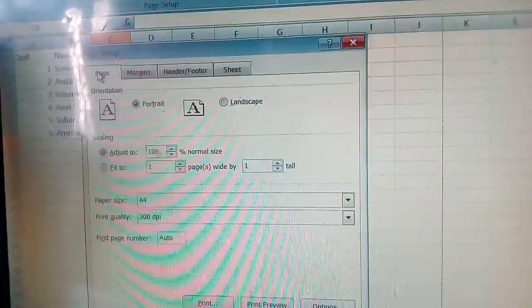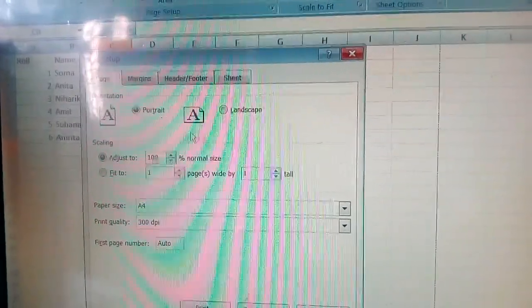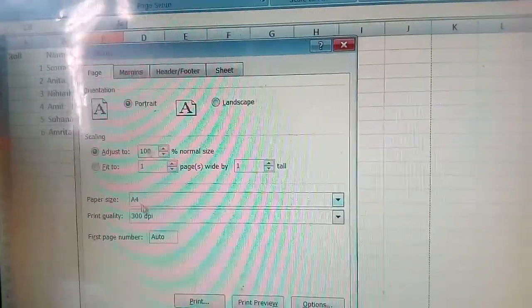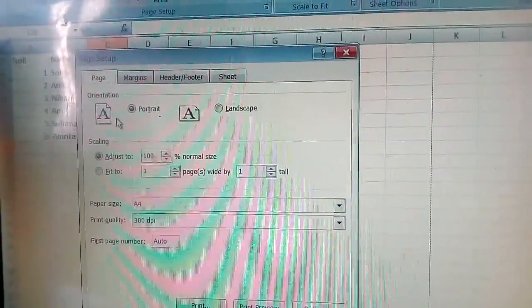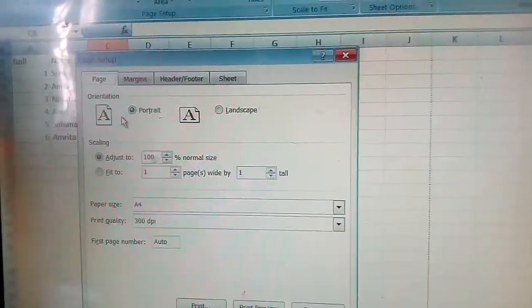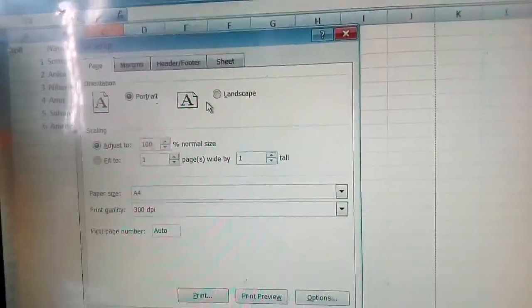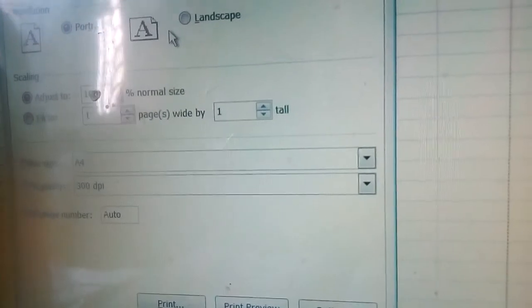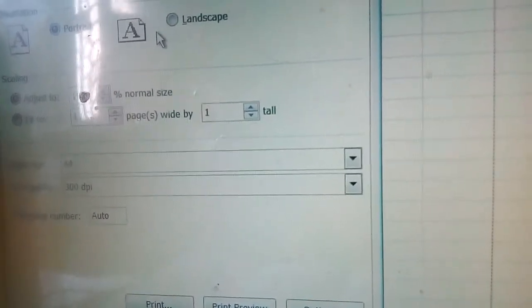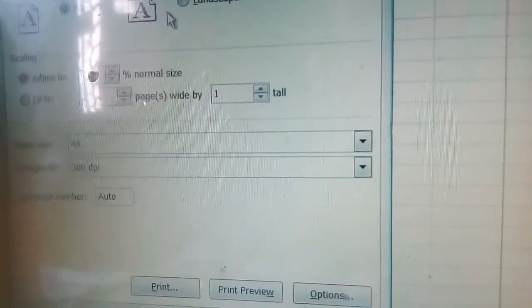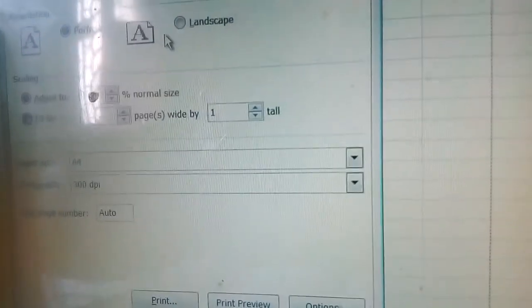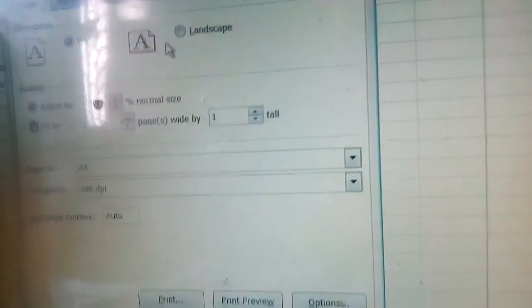For the page setup, you can see here the orientation, 2 types of orientation: portrait and landscape, that we had discussed earlier. Then there is normal size, then adjust to normal size, fit to, which type of page you want, you can do from here.